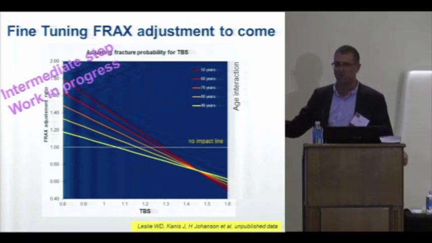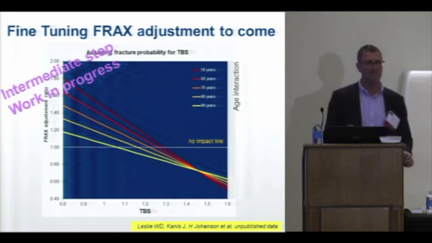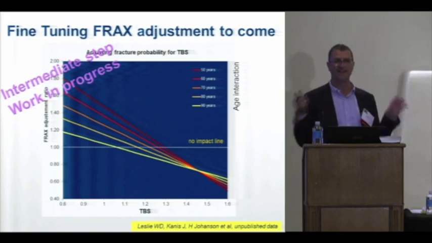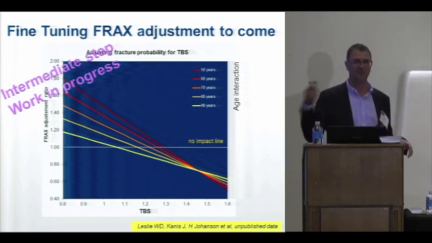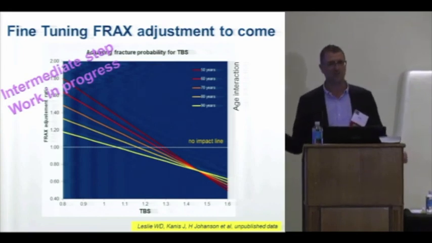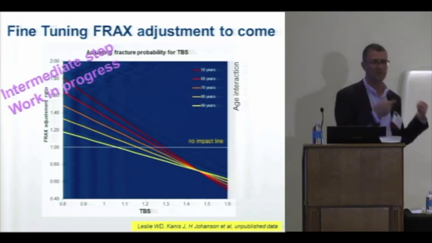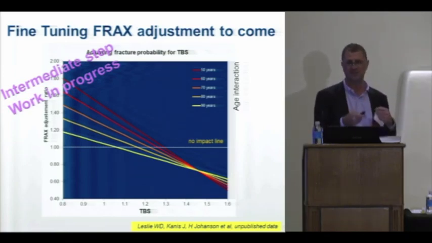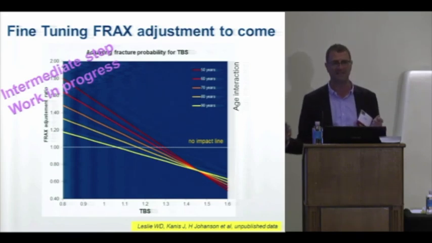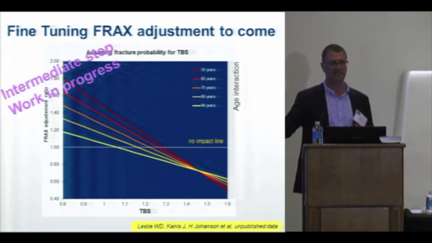What is quite interesting is the impact of TBS on the FRAX is much larger at a younger age compared to older age, where you can almost double the FRAX value at a younger age, which somehow makes sense, because if you have an extremely low value when you're young, that means you really have something bad, and it's likely related to secondary osteoporosis or something like that,